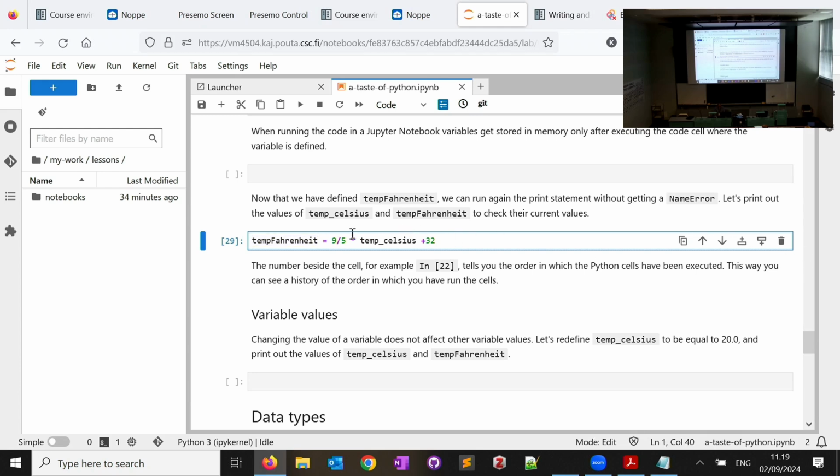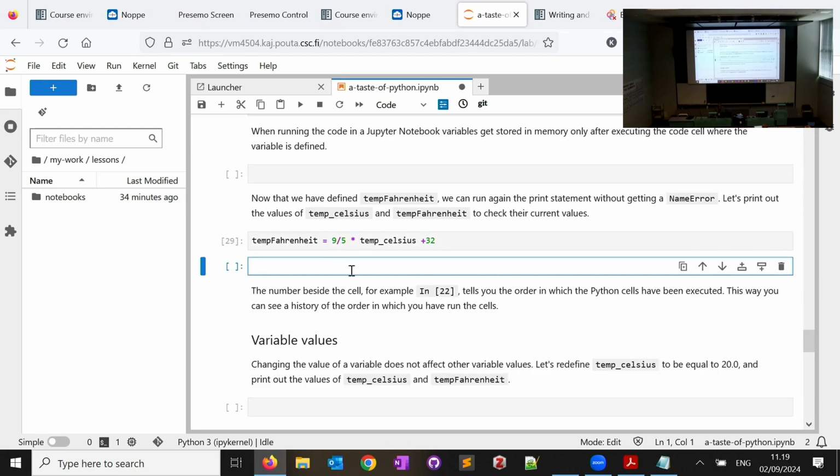If you run out of cells and you want to write a piece of code here, in JupyterLab you can just create a new cell here. It adds it under or above where you're working now. So if I click here, it gives me a new cell. So if you're working and you run out of cells, you want to write something else, you can write it here. Up here, when you select a cell,